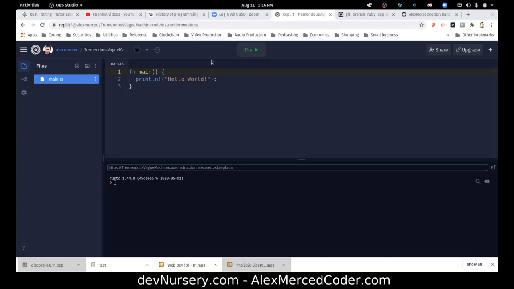While I do have the Rust compiler installed on my computer, I figured it would be easier to just show you guys by using REPL.it. So you can easily go open up an account for free at REPL.it and use this to kind of practice